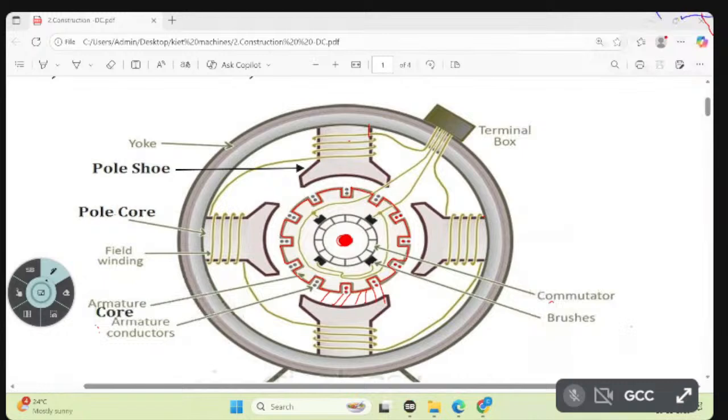Right. So here, this is called the commutator. It is a commutator, also in a circular form. See, this commutator is not a single device. So I am bringing